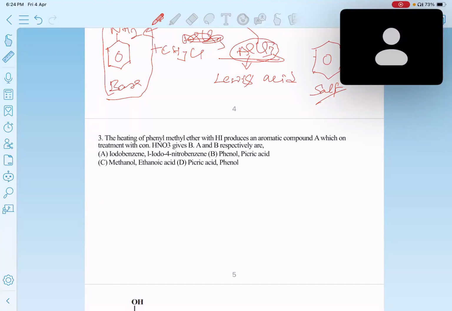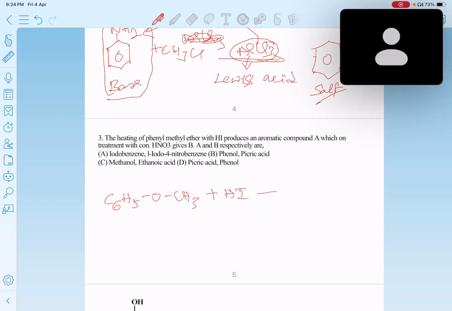The options are: option A is iodobenzene, 1-iodo, 4-nitrobenzene. Option B is phenol, picric acid. C6H5OCH3. This is phenyl methyl ether. When phenyl methyl ether is treated with hydrogen iodide,